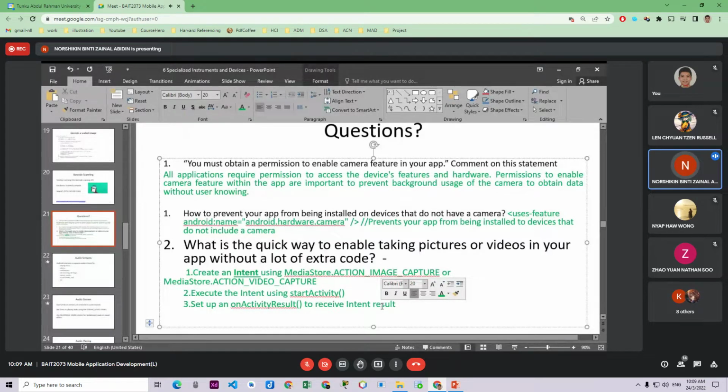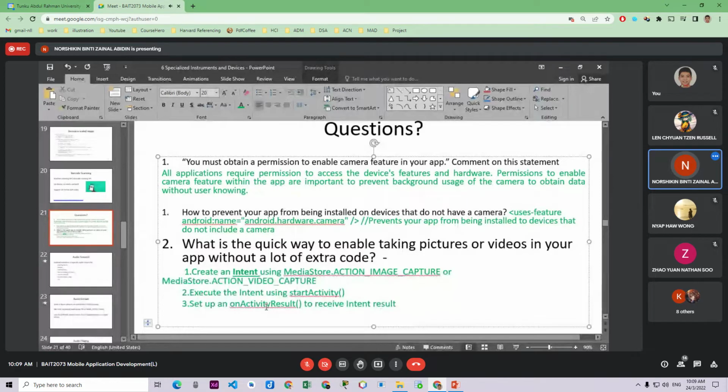So basically that's the way to take a picture or video without a lot of extra work: use the existing camera app, or intent.